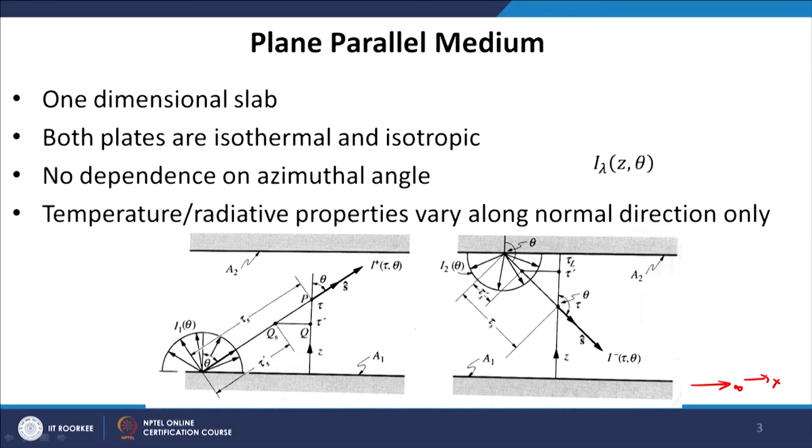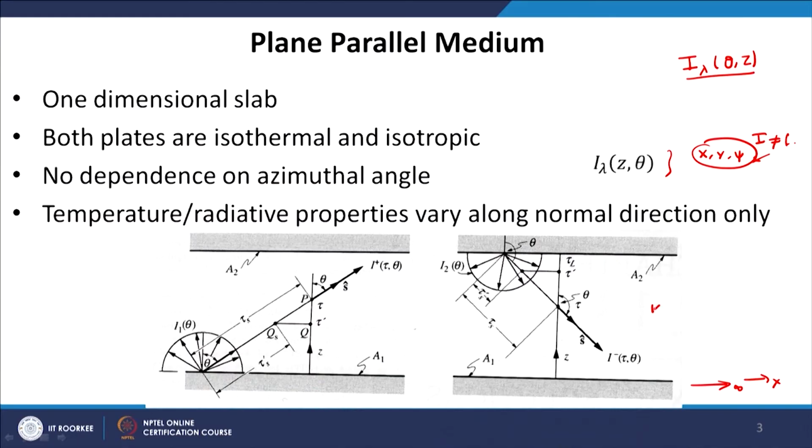So, when we assume that, we can say in this configuration the intensity will be a function of theta and z only. Okay. So, intensity is a function of z and theta only, and it does not depend on any coordinate like x, y and psi. So, intensity is not a function of these variables. It depends on only 2 parameters theta and z, and with this we can simplify the problem significantly.